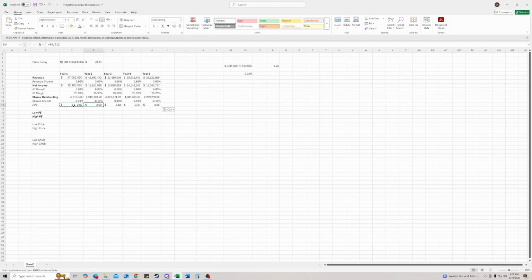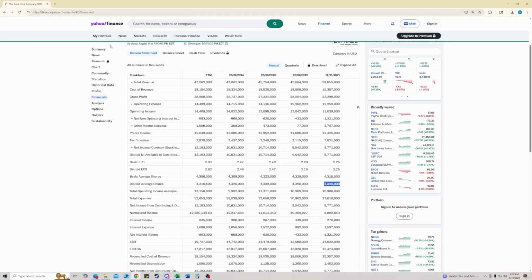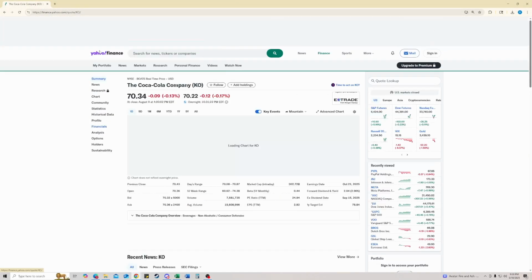Next, price to earnings ratio. What should you use right here? Well, we know the market typically trades between a 15 and 20 for most companies. One thing you can also look at is what the company historically trades at on a price to earnings ratio. So you can find the historical, and then you can look for what its competitors are trading at. For the sake of this video, we're going to speed it up and just use